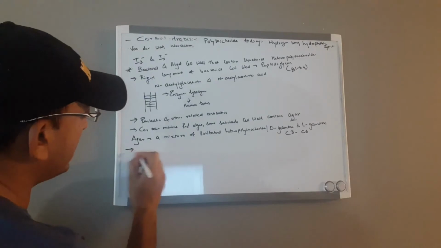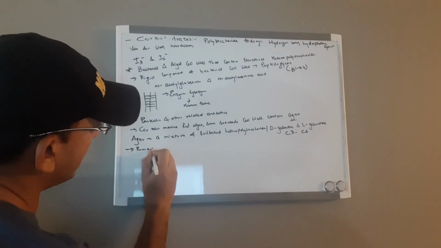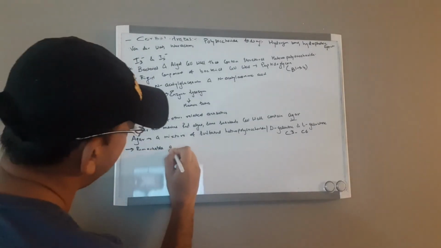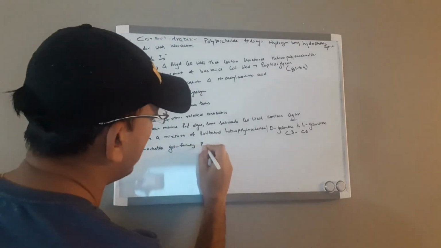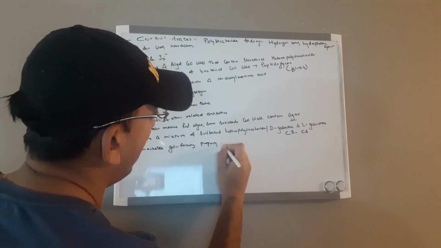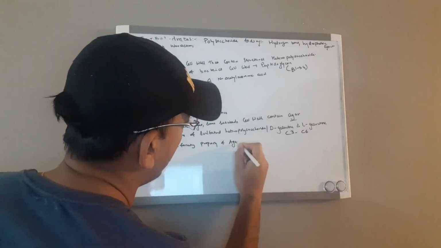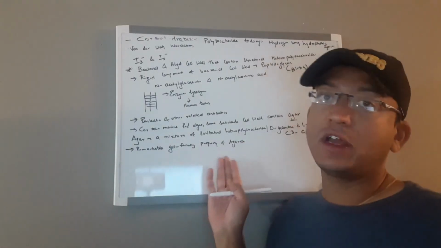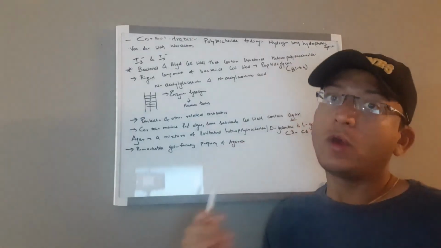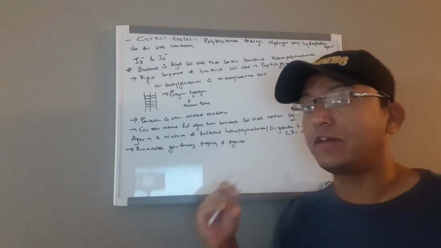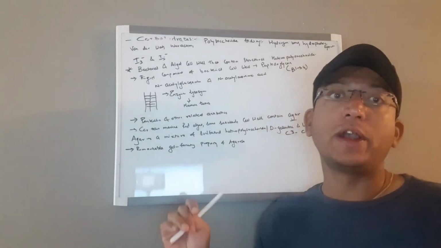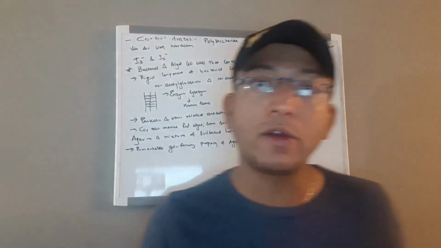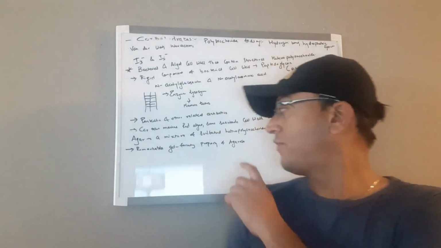What's the specialty of this? The remarkable gel-forming property of agarose, right? And this agarose is the agar component with the fewest charged groups, so it has very few charged groups, and it has a gel-forming property. How is it useful in the biochemistry laboratory? So when a suspension of agarose